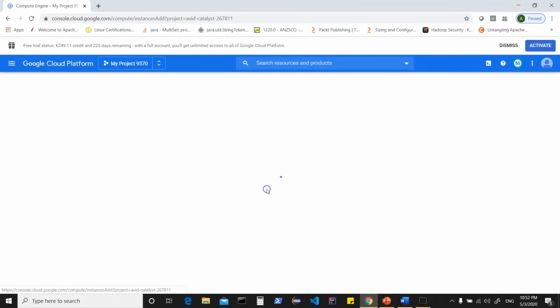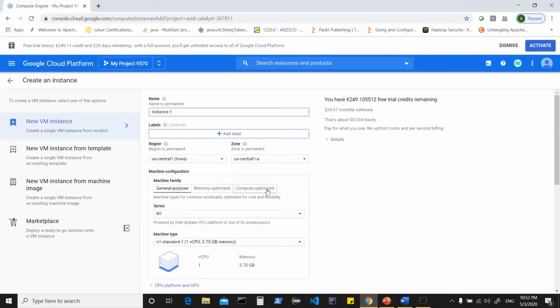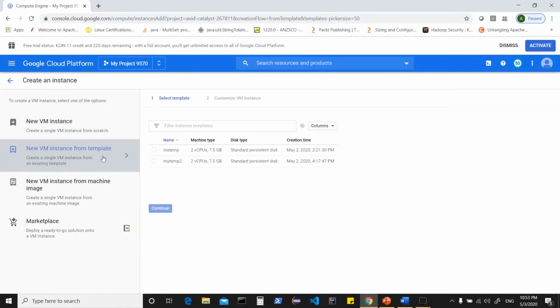You can click on VM instances while you're logged in to your Google Cloud Console. Here, you can even create an instance template which can be used to spin up instances. For example, if I click on new VM instance from a template, there are some templates which I have already created for my usage. Now here, I can basically use one of these templates,